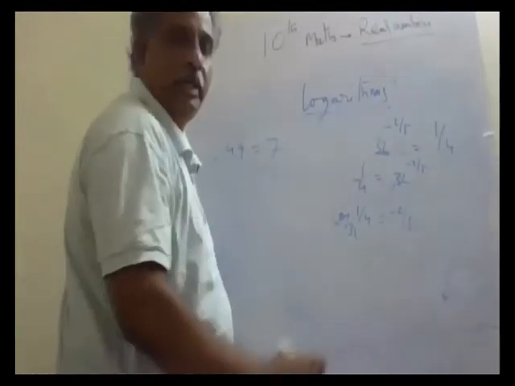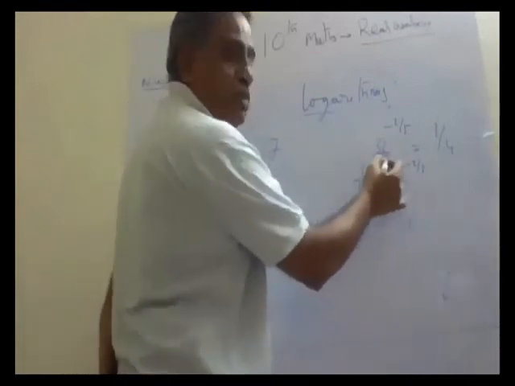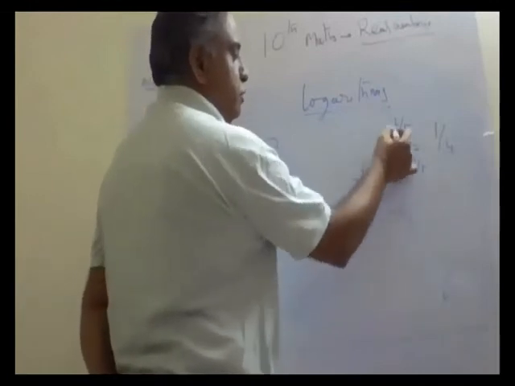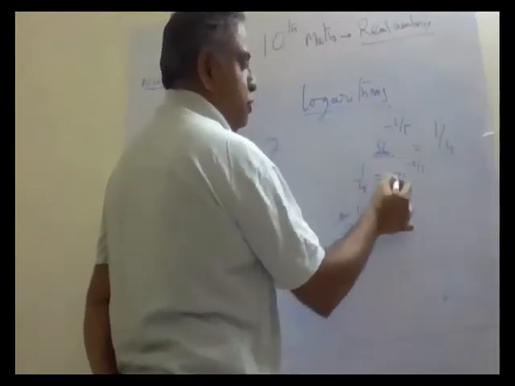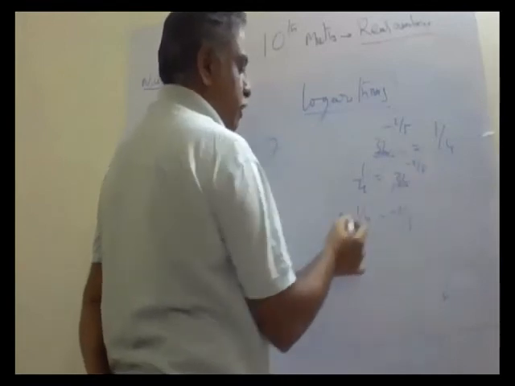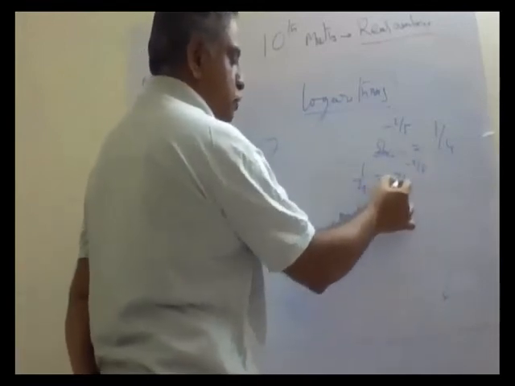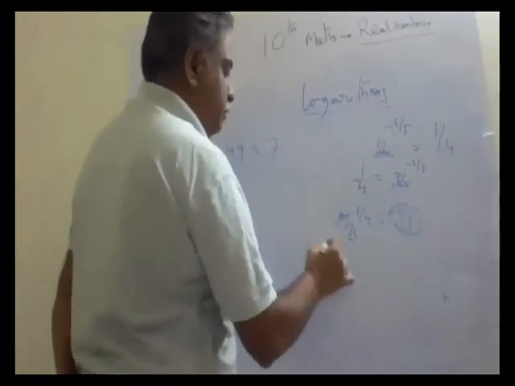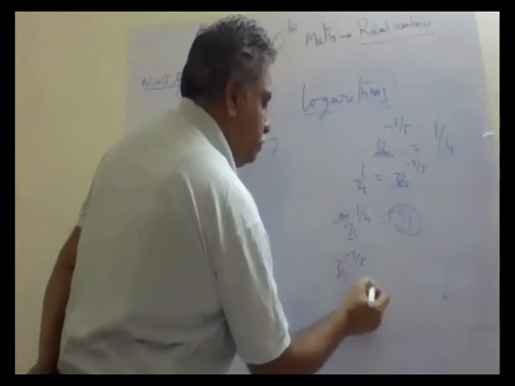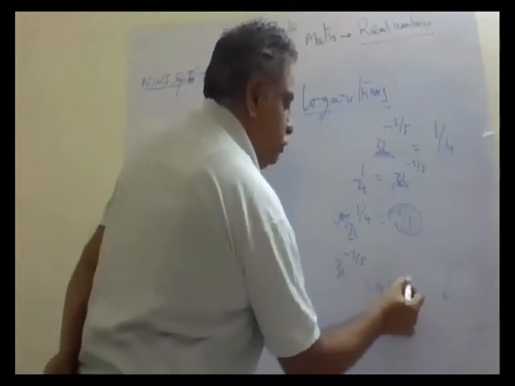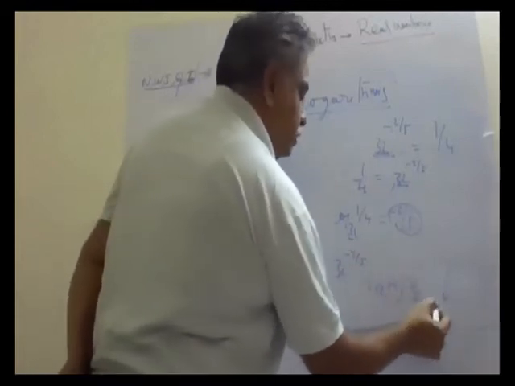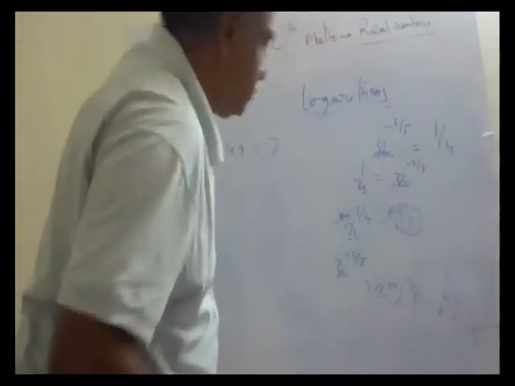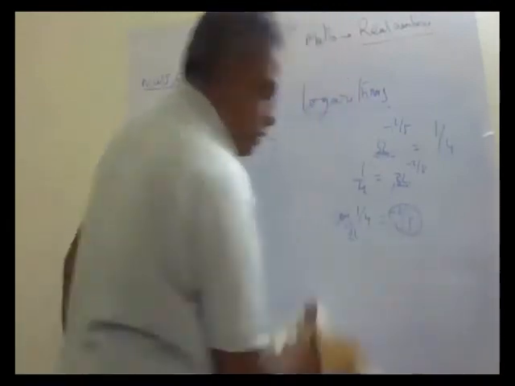Okay, we'll see again here. 32 to the power of minus 2 by 5 is equal to 1 by 4. That is 1 by 2. So 1 by 4 is equal to 32 to the power of minus 2 by 5. So log of 1 by 4 to the base 32 is equal to minus 2 by 5. If you see here, 32 to the power of minus 2 by 5, 32 is 2 to the power of 5. So (2 to the power of 5) to the power of minus 2 by 5, the 5 gets cancelled. But 2 to the power of minus 2 is equal to 1 by 4. Okay, this is great. Now let us write the other one.